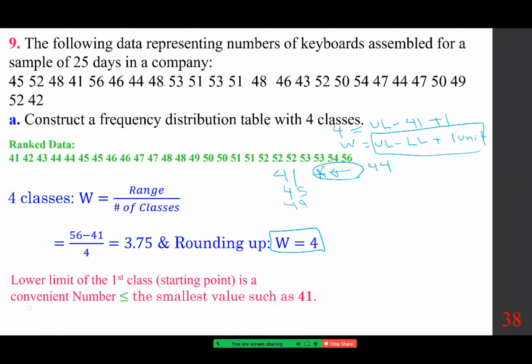if you go with this, this is 44, and now adding the width, it gives you 48 here, and 52 here. Then add the width of 4 gives you 56 here. And as you can see, using the lower limit of 41 and the width of 4, it covers all the